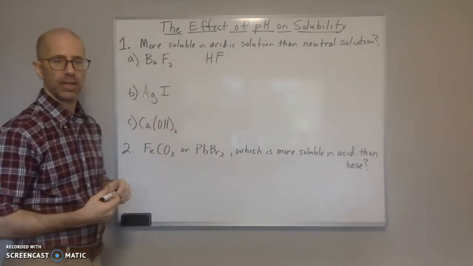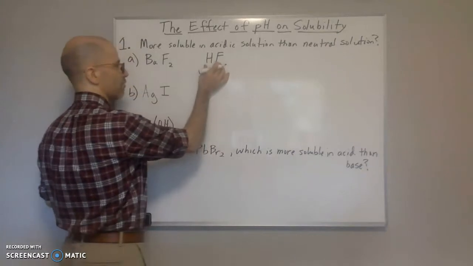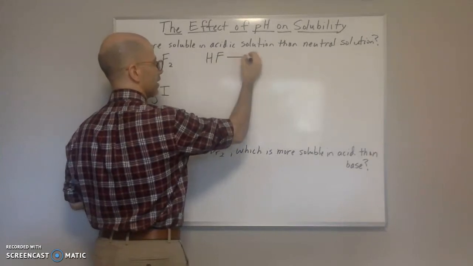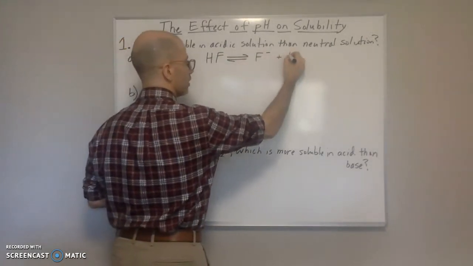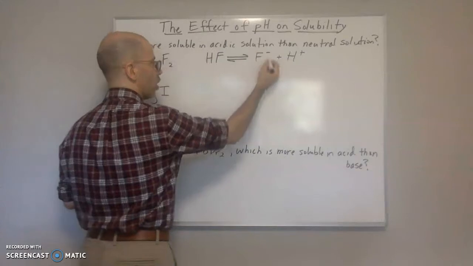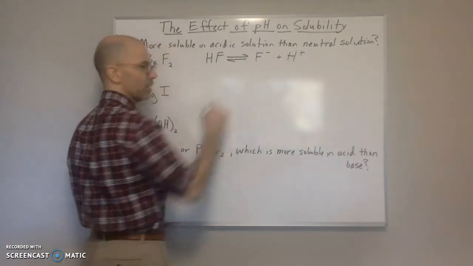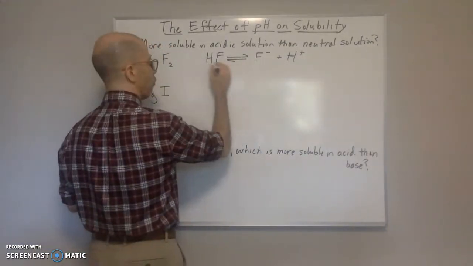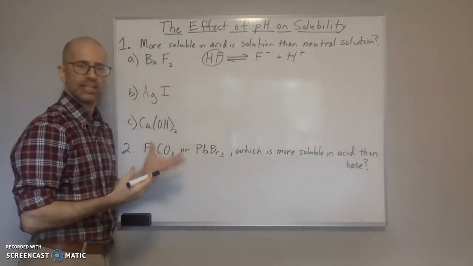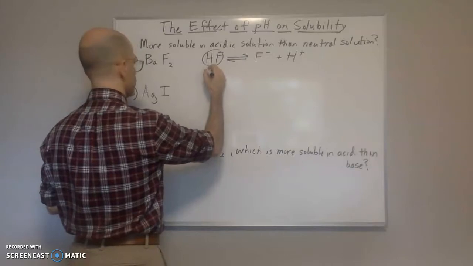What would happen in an acid solution is that as this is dissolving, since HF is a weak acid, the fluoride ion is going to be in equilibrium with the H plus. Very little of this dissociates in water. So as you are dissolving this, your fluoride ion is going to pick up the H plus ion that's in the acidic solution, and it's going to form HF. As HF forms, it's taking the F minus out of solution, decreasing the product. So if we draw the dissolving of this,